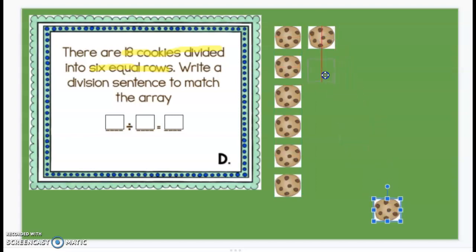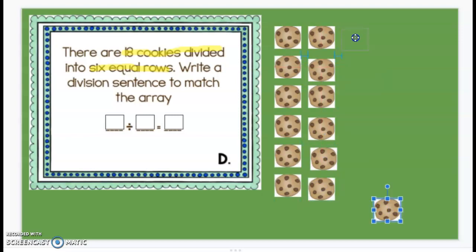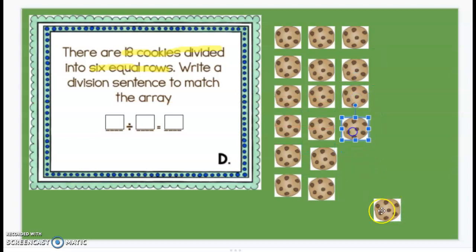7, 8, 9, 10, 11, 12, 13, 14, 15, 16, 17, 18. So there are my 18 cookies, and they are divided into 6 equal rows, and I have how many